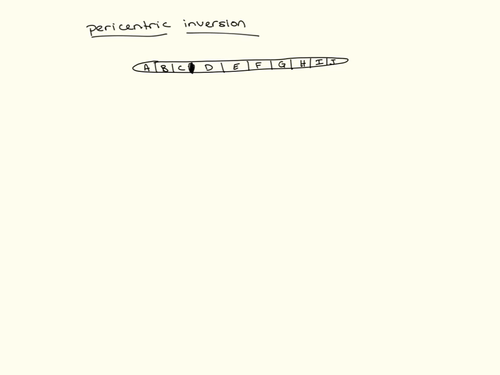So when we're talking about a pericentric inversion, let's start out with our same chromosome that I started originally, and instead of the DNA breaks being between segments E and F and H and I, what if we had DNA breaks here and here, between A and C, B and C, and E and F? Now, if that segment were to be inverted, you're going to end up with